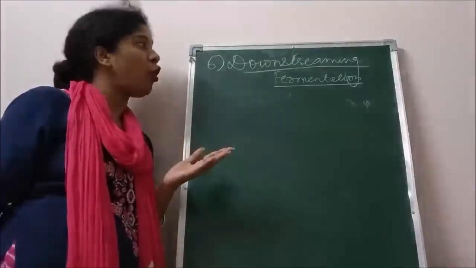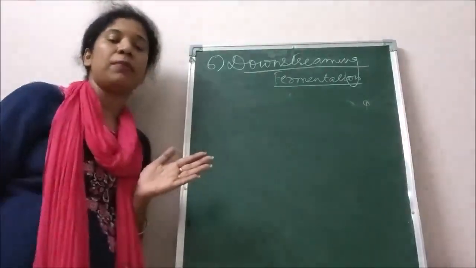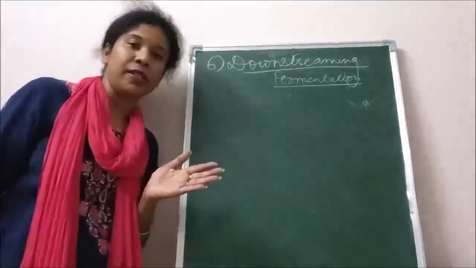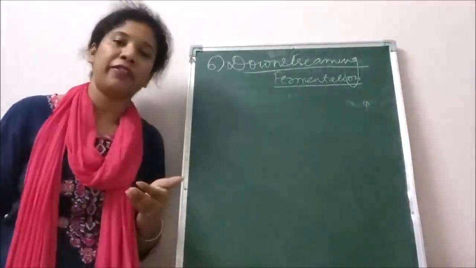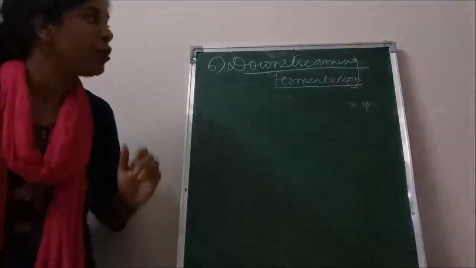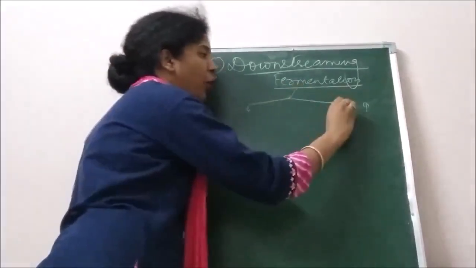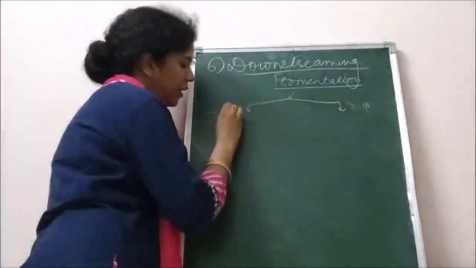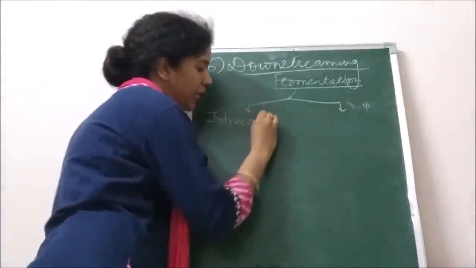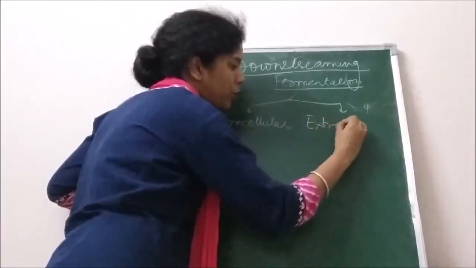The next step of the process of biotechnology is the downstreaming. Downstreaming is basically the purification process: whatever fermentation we have run, we have to get the final finished product that can be marketed. In the fermenter, a protein or a product can be intracellular or extracellular. If it is intracellular, the protein is within the cell. And if it is extracellular, the protein is outside the cell.